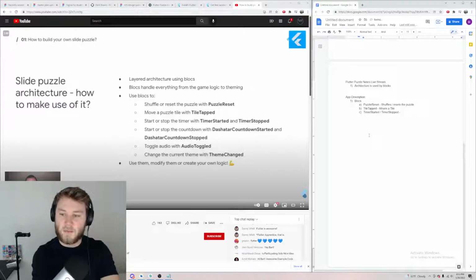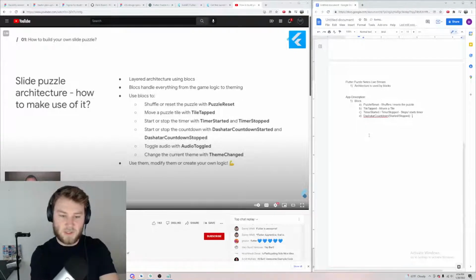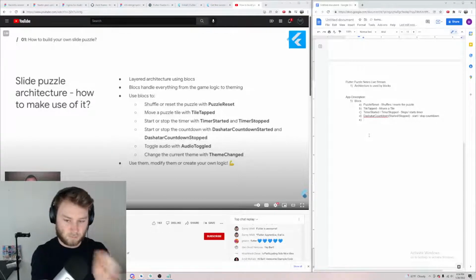Started stop. Started stop. And toggle audio. Change current theme with